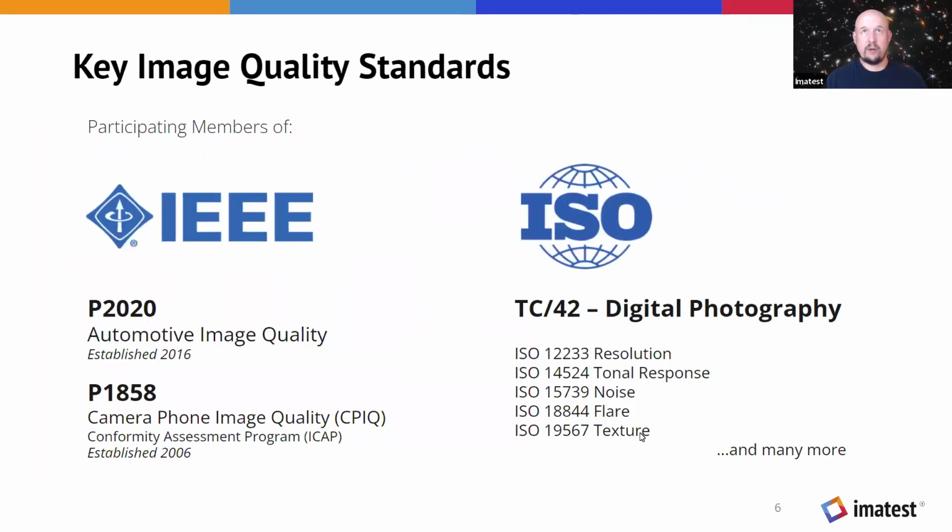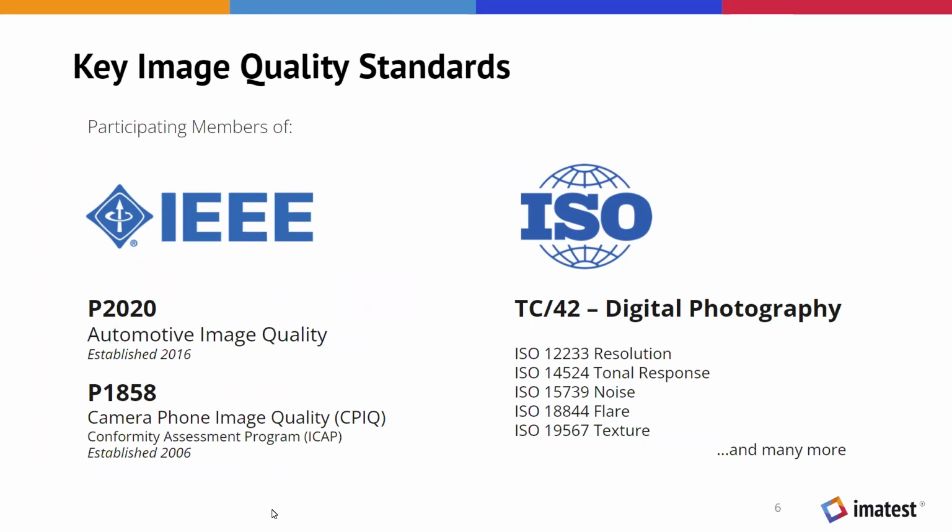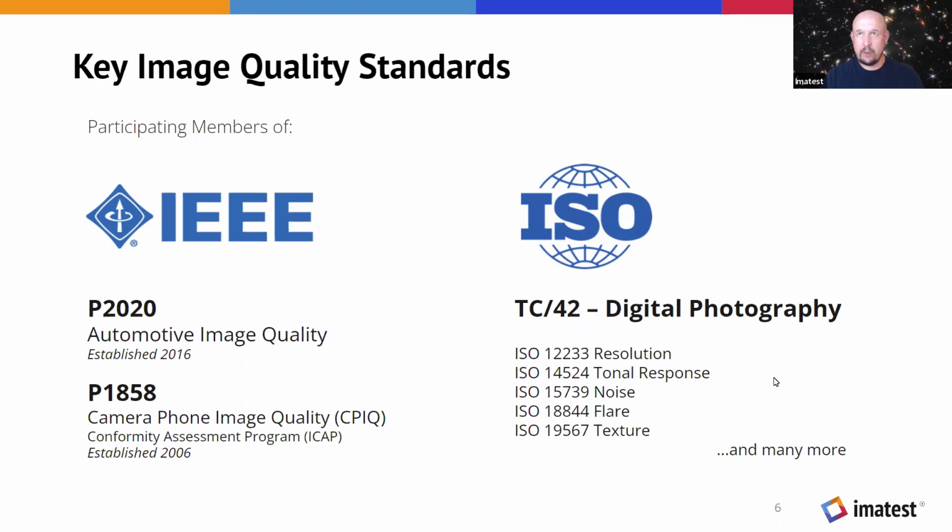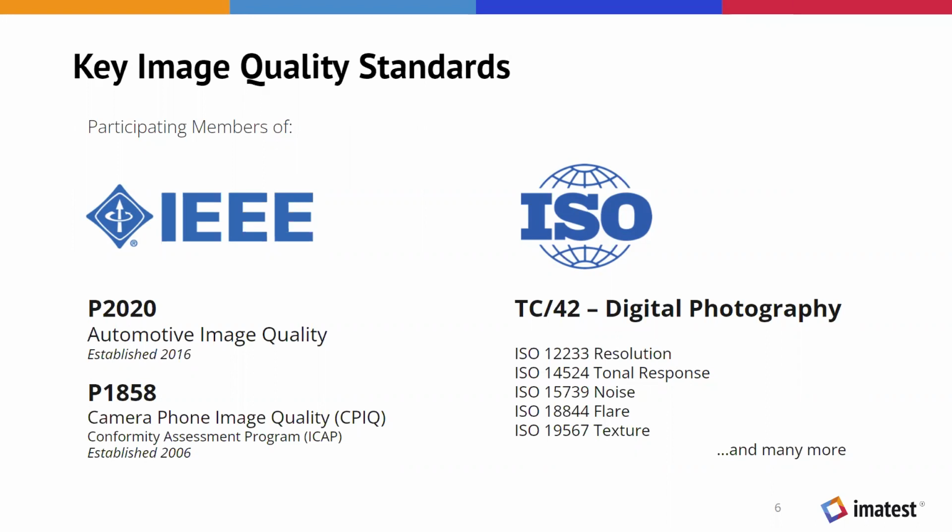These are the standards we're involved in: the IEEE Automotive Image Quality and Camera Phone Image Quality Standards. 这里呢，就是我们有参与制定的标准，像 IEEE P2020，汽车的车载系统、汽车行业的，还有这个 CPIQ 的标准。 And for within ISO, we are involved with the working group 18 TC42 Digital Photography Working Group, which has many standards. 那在 ISO 里面，我们在 TC42 的这个工作小组，我们都是组员。